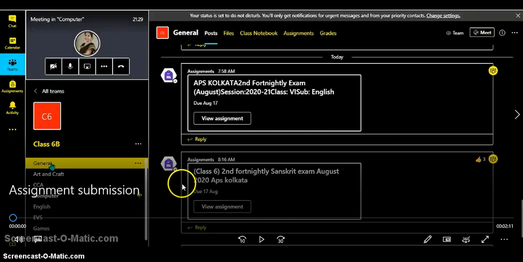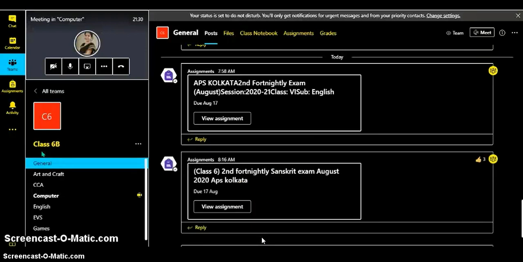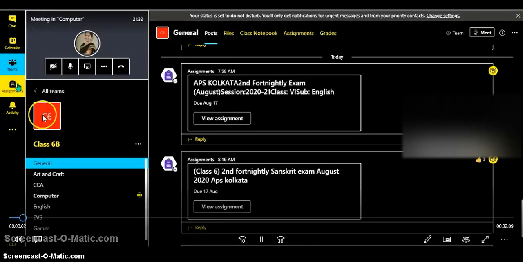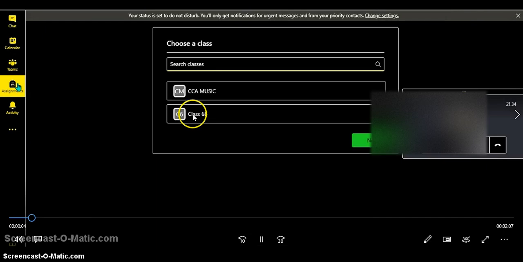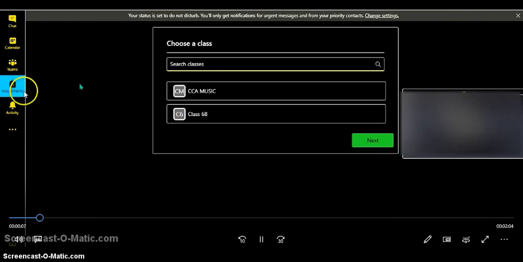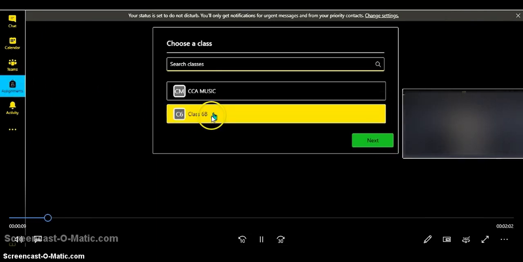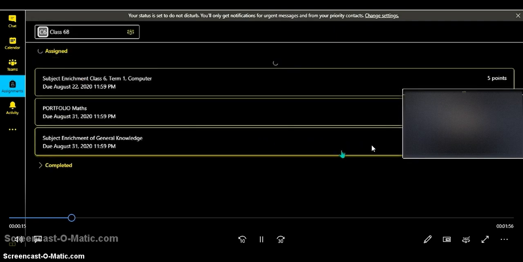Now see, this is the assignment page where all the assignments appear. Then you have to go to this assignment option, class 6B. You have to choose your class and then you have to click on the next button.